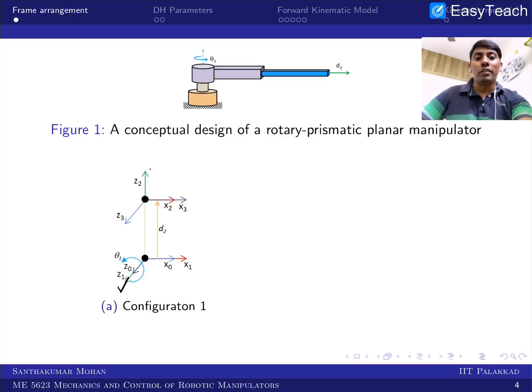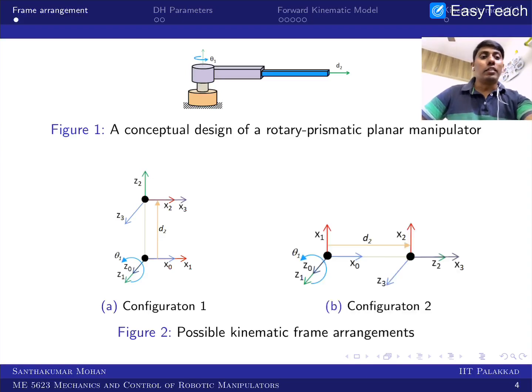So the Z1 and Z2 are like this. Whereas in configuration 2, the Z1 and Z2 are actually taken in this way. So in this way you can see that Z0 I'm taking parallel to Z1. Then you can see that Z3 and Z not, I have to arrange it in this way just to make it a little more clear. And here you can see that the same configuration I am bringing it.